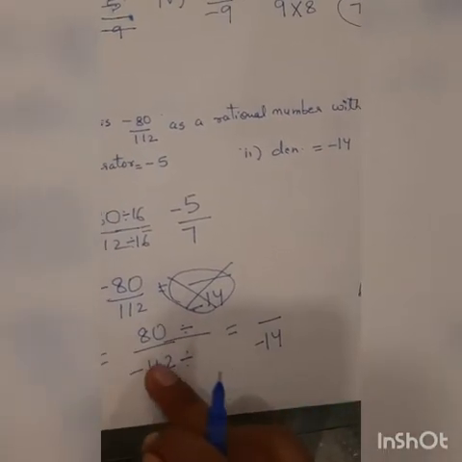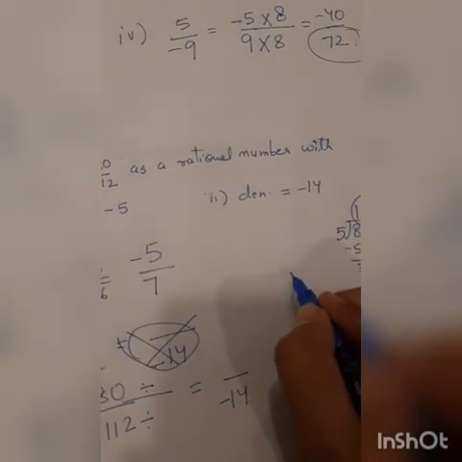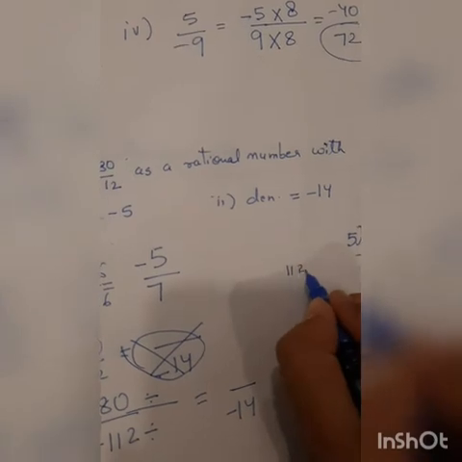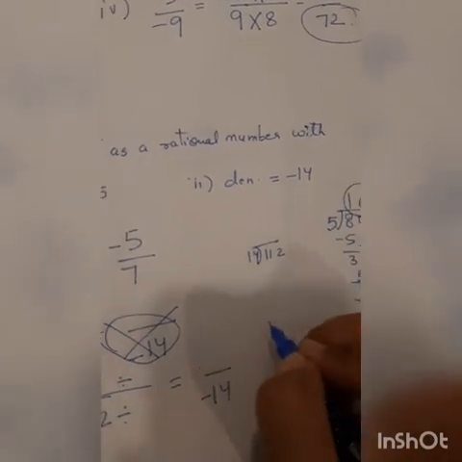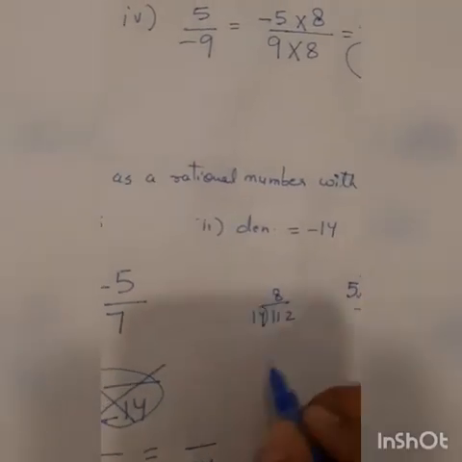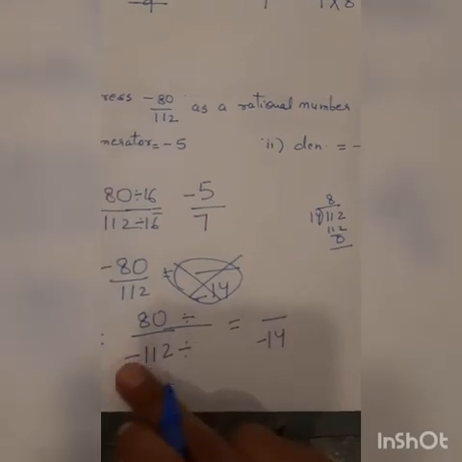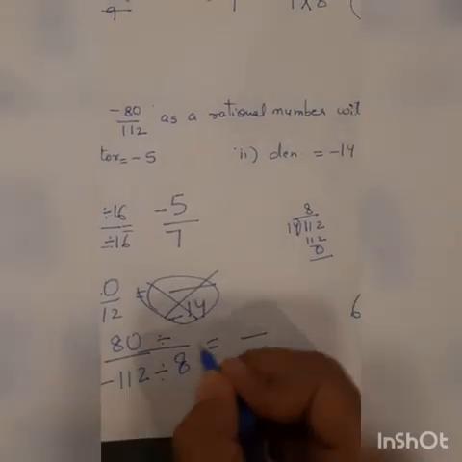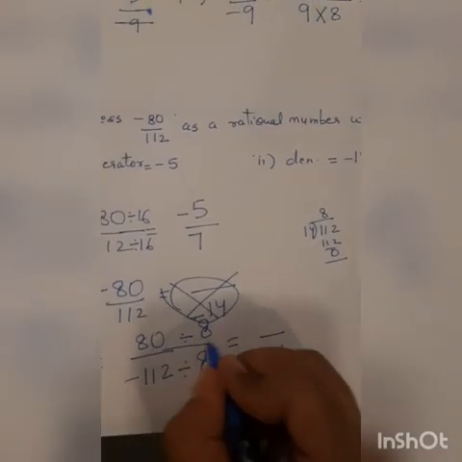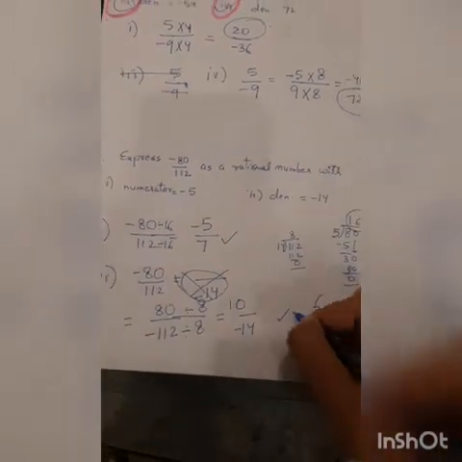ठीक है. But what should be the number? 112 से 14. So I will actually divide 112 and 14 and I will see 112 if I divide with 14 I will get what? Let's see 8. इसका मतलब बच्चे 14 तब आता है जब मैंने 112 को 8 से डिवाइड किया. तो ऊपर भी मुझे 8 से करना पड़ेगा. तो 80 डिवाइड बाई 8 गिव्स मी अ 10. So this and this is my answer.